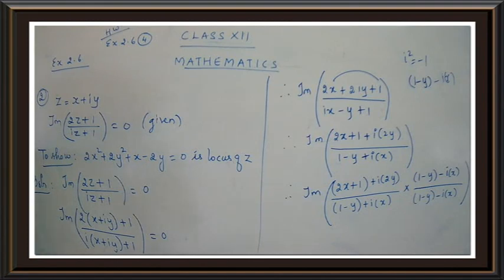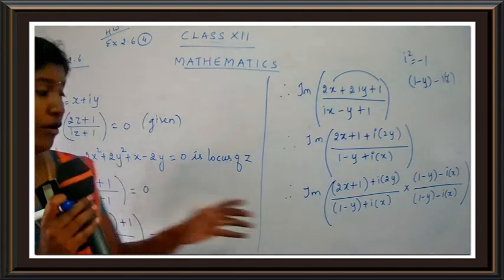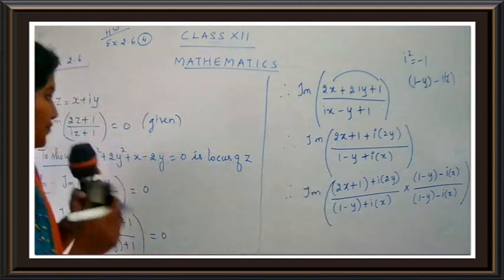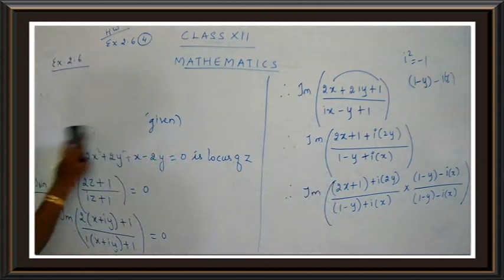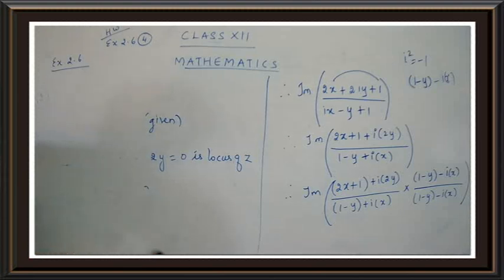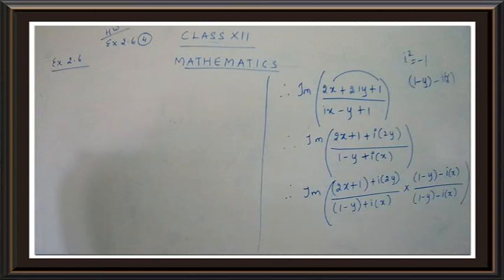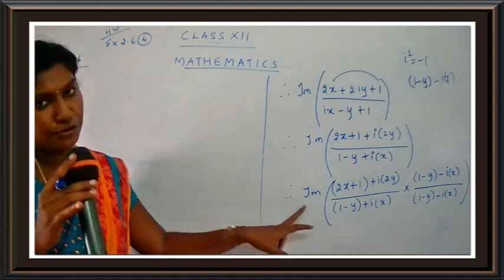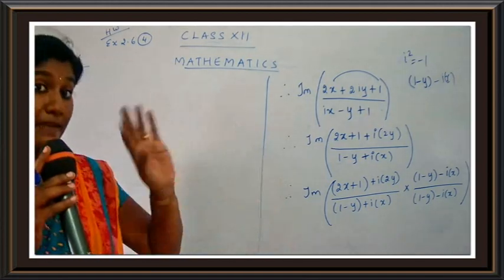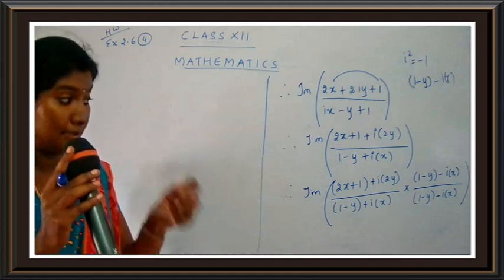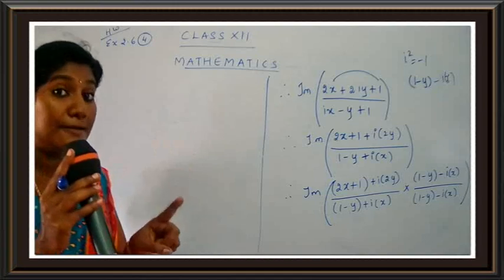Now if I just go on multiplying, I will just go on multiplying. But here the question is to focus only on the imaginary part. So we are going to focus only on the imaginary part. So put your pens down, children, and listen to the point carefully. Put your pens down and listen to the steps. Understand the step carefully. Okay, so now what are we going to do here? We are going to focus on the imaginary part. What do you mean by imaginary part? You have to get the terms with i.